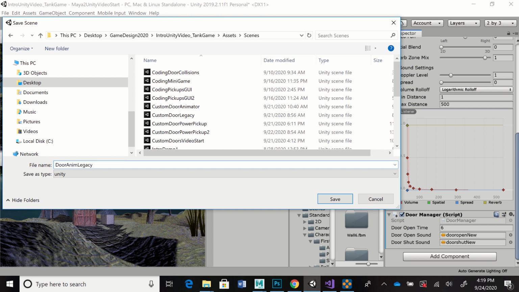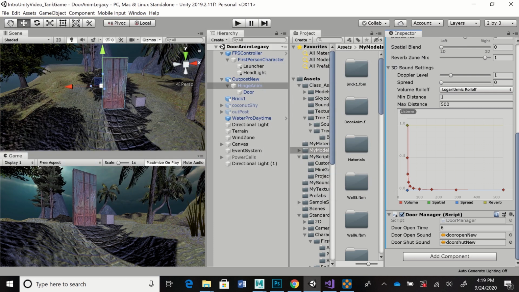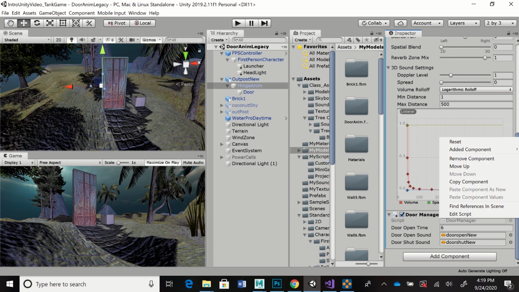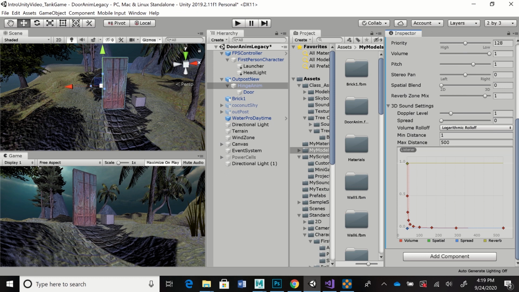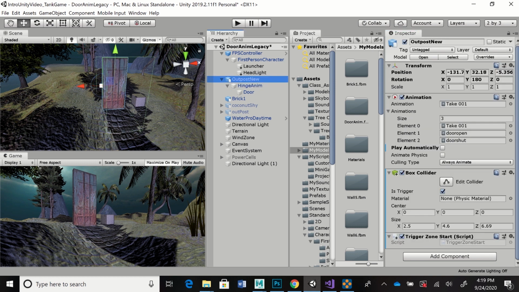So you have that. And then what I want to do is click on the cog icon and remove the component for the door manager script, because I'm not going to use that door manager script. And I'll go to where the outpost is. I'm going to continue using these three, the door open and door shut animation, so I'm not going to change those. But I do want to add an idle, and I need to actually